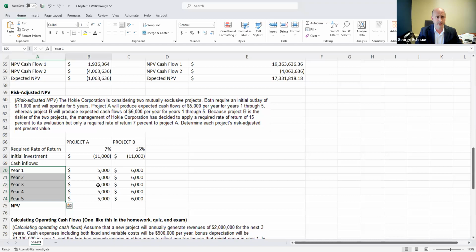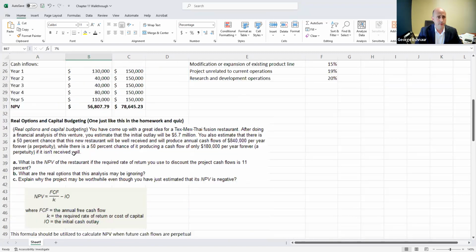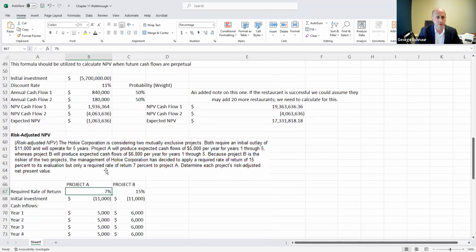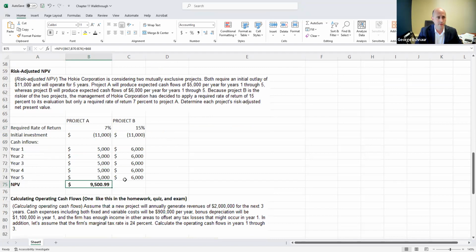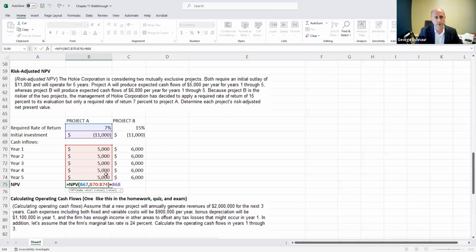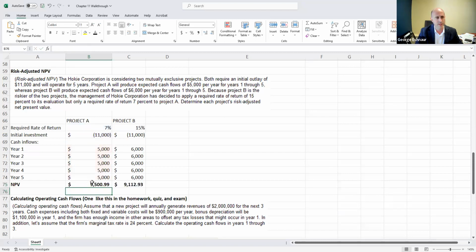Now, project A is going to have $5,000 annually, and project B is going to have $6,000 annually. The only main difference here is the required rate of return is 15% for project B and 7% for A. So again, this is just like the one above right here. We just have to go back through and do our net present value calculation, where we take net present value, our rate, our inflows, close it, plus our outflow,